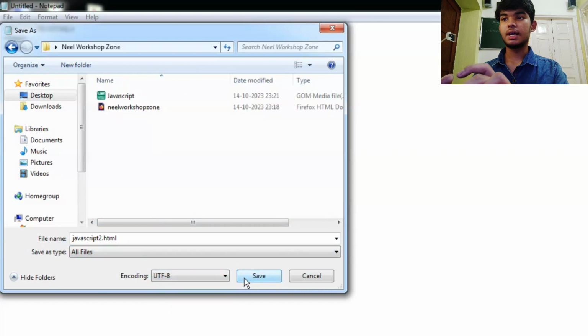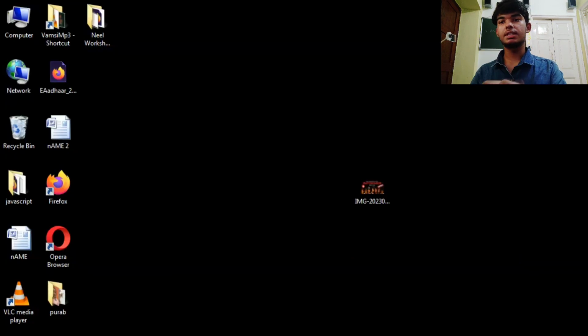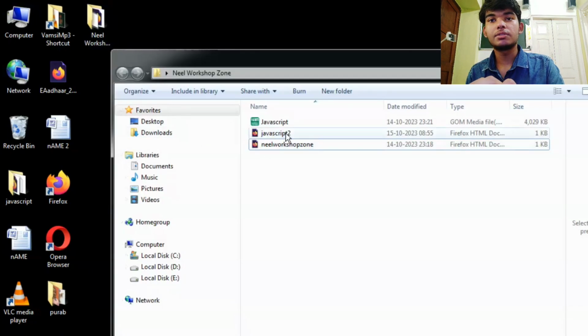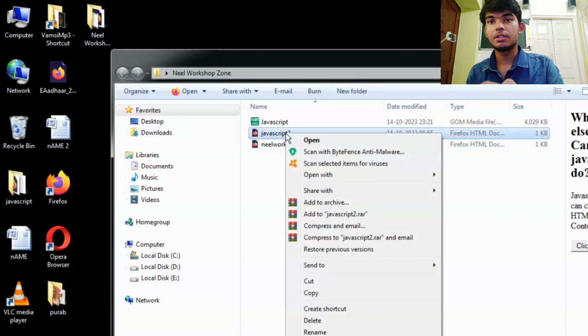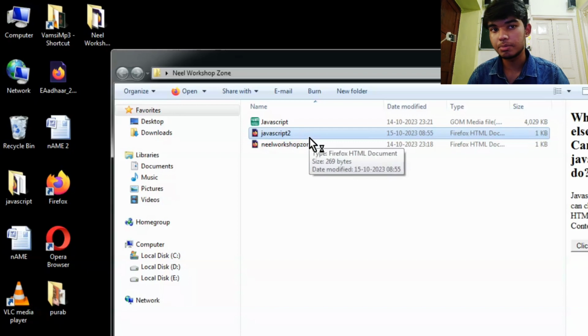UTF-8 and save. So after clicking save, let me minimize this and let us open the folder to see. And now if we open this, it must open a web page. It takes a little bit of a while to open the web page, but it will open. So after the web page opens, it must appear something similar to